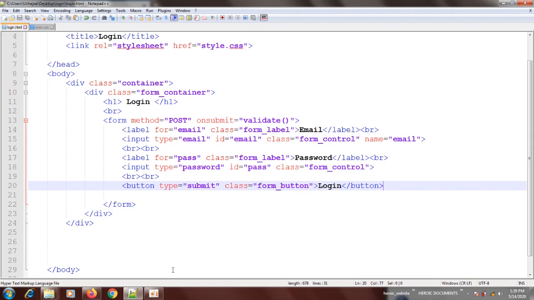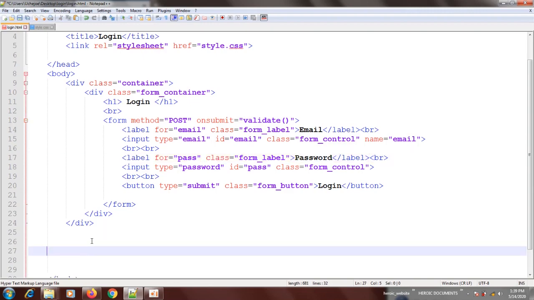Okay? And to make it fast, I've written the code. I'll just copy the code and paste it here, because I've actually exhausted much of the time. But then, let me explain something here. If you look at this form, I added an onsubmit event here. Then this onsubmit has a function here. This function is what I'm going to code in the JavaScript. So this is a function, so I'll come down here at the bottom. I'll paste the code that I've copied.